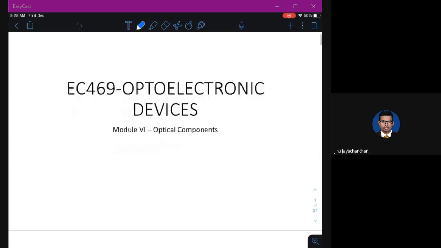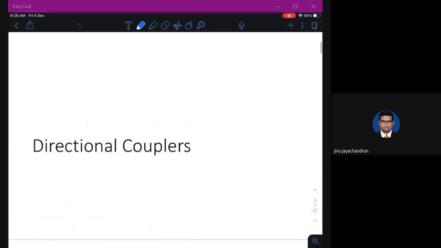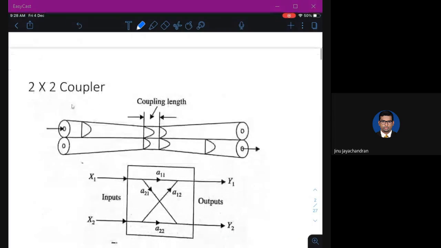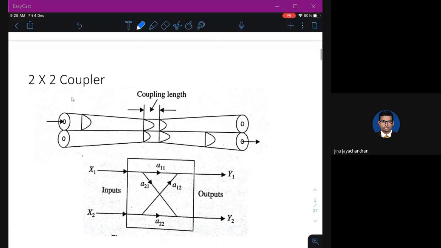Okay, so first we are going to look at the directional couplers. Directional couplers പല രീതിയിലുണ്ട്. So what you mean by a directional coupler is a coupler is something in which you can direct the power. For example, let's say